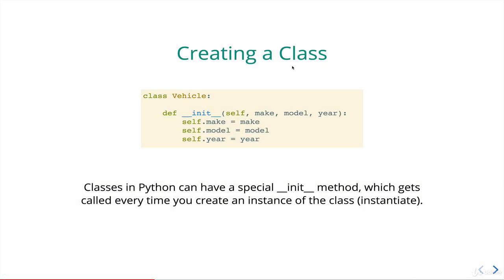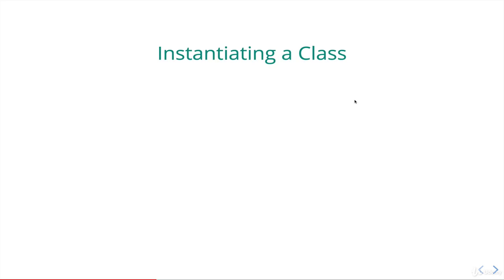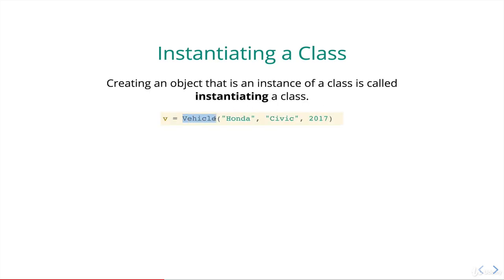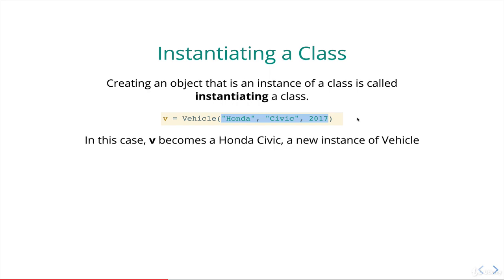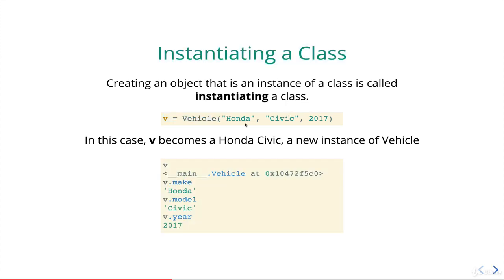So to wrap that up, we have the init method, and we pass in self as the first parameter always. We don't ever pass it as an argument or anything. It's automatically called whenever a new vehicle, in this case, is instantiated. And the way we instantiate a class is by referencing the name of the class, conventionally capitalized, and then parentheses. And then in those parentheses, we pass in any data, the arguments that correspond to the init parameters. So in this case, v becomes a new vehicle, an instance of the vehicle class with the following pieces of information. Make is Honda, model is Civic, and year is 2017.